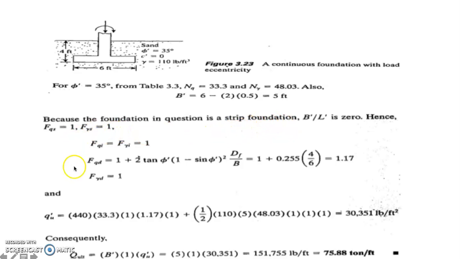So you can have these values for your bearing capacity factors. For the ultimate bearing capacity, you simply substitute into the equation and obtain 30,351 pounds per square foot. And you have now the ultimate load, which is equal to B prime, considering 1 unit length, times